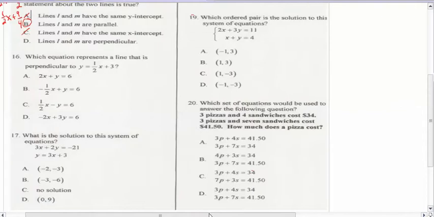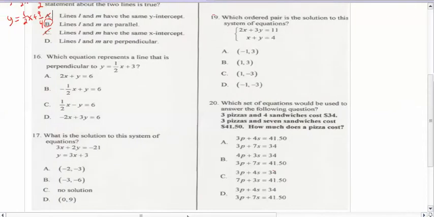16. Let me move this over. Okay, it talks about perpendicular lines. Well, what do we know about perpendicular lines? We know something about their slope. If the slope was 1/2 for a line, then for a perpendicular line, this is the symbol for perpendicular, you flip it over and use the opposite sign. So I am looking for a slope